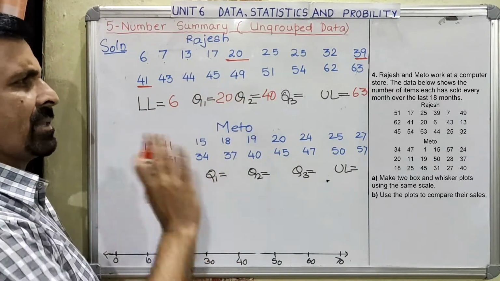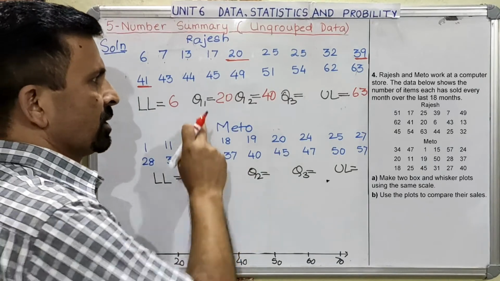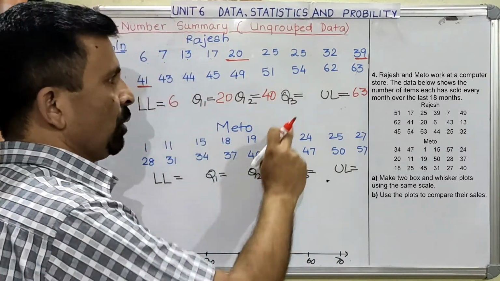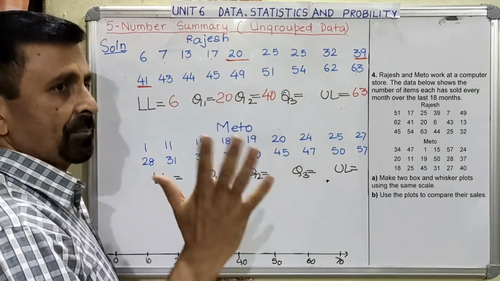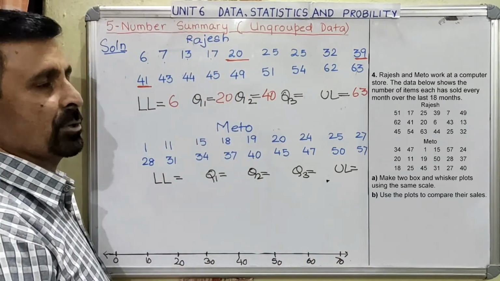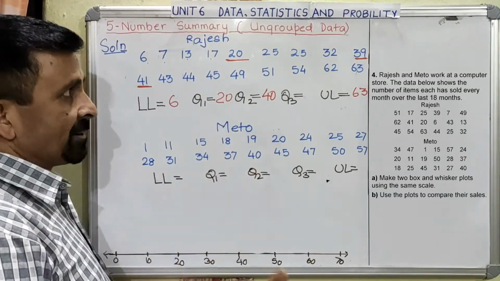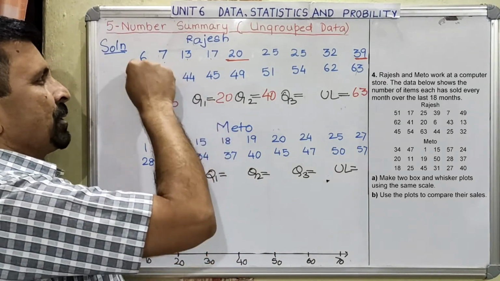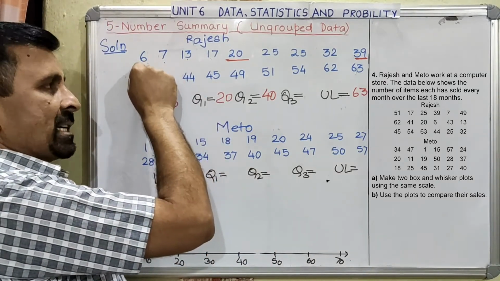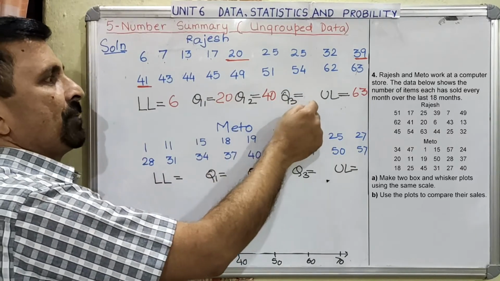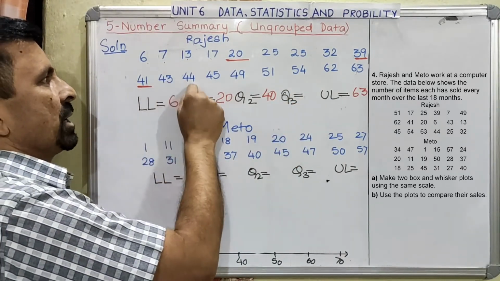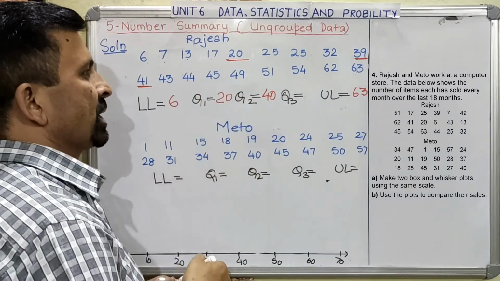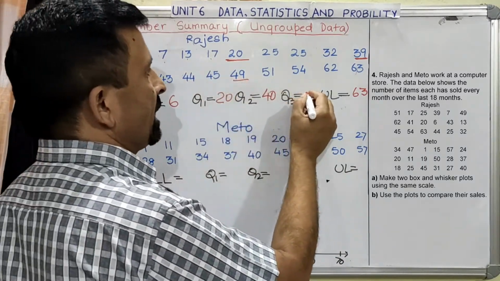Once you understand, then everything can be calculated verbally also. So this is your Q1. Now we are going to calculate for Q3. For Q1 you got the position as 5th. That means for Q3 also the position will be 5th only. But the 5th is counted from this point. When you are counting the 5th position for Q3, it will be counted from this point. So 1, 2, 3, 4, 5. So your Q3 becomes 49.